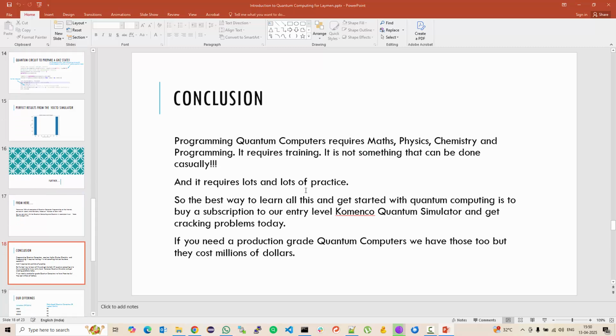Programming quantum computers, especially gate-based quantum computers, requires mathematics, physics, chemistry, and programming skills. It requires training. It is not something that can be done casually. It requires a lot of practice. So the best way to get started is to download the Automatski Quantum Computing SDK and look at all the